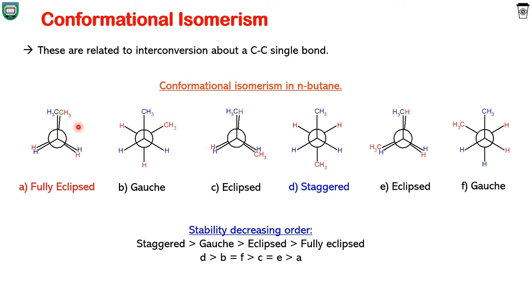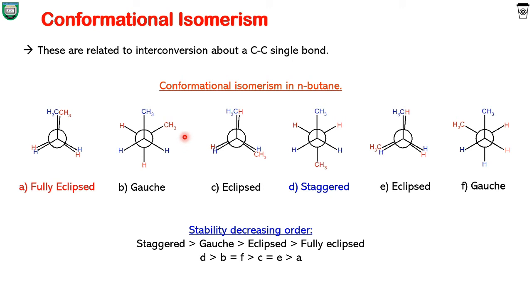If we rotate 60 degrees, the back one or front one doesn't matter, but we are not rotating the front carbon, we are only rotating the back carbon, the big sphere, like a wheel, 60 degrees one time. So if you rotate the back one 60 degrees, this methyl will come to this position, and this hydrogen comes to this position, and this hydrogen comes to this position, like this.